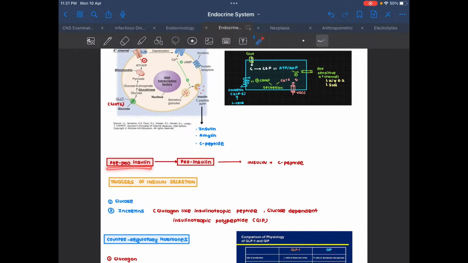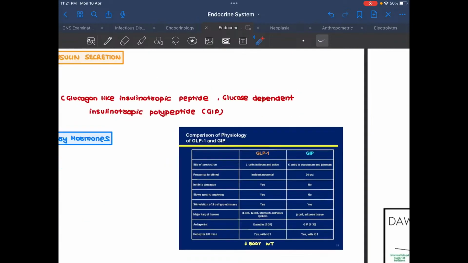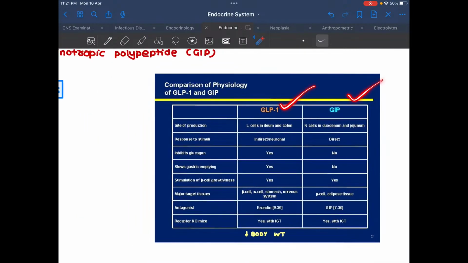So what happens? We have a pre-pro-insulin, it gets converted to a pro-insulin, and then it gets converted to an insulin and a C-peptide, just like we know. Okay? And this is what I was talking about. You can see the difference between your GLP-1 and your GIP. L cells secrete GLP, L for L, and your GIP is mainly released by the K cells in the duodenum in the